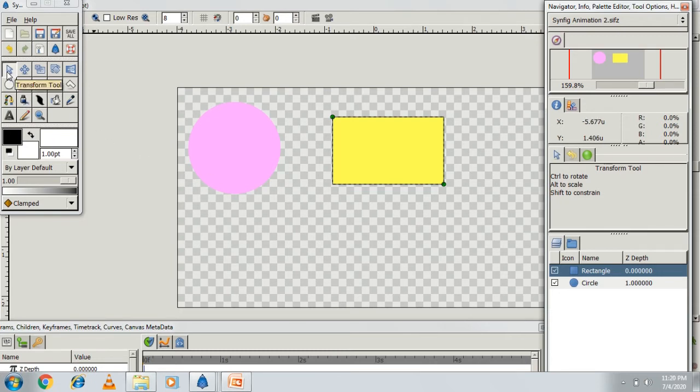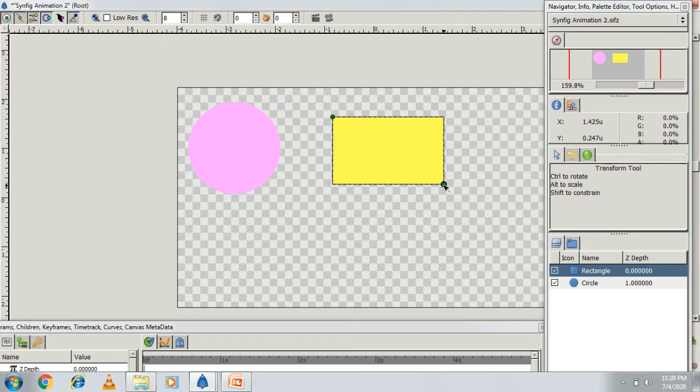And again go to the transform tool. The transform tool is important because without using the transform tool you cannot decrease or increase the size. See, you can decrease the size of the rectangle, you can increase the size of the rectangle. So is it clear, students, how to use the rectangle tool?